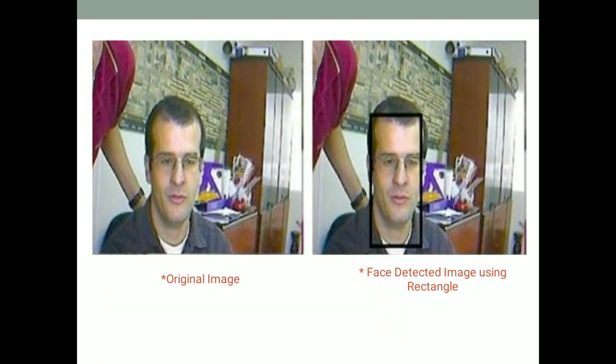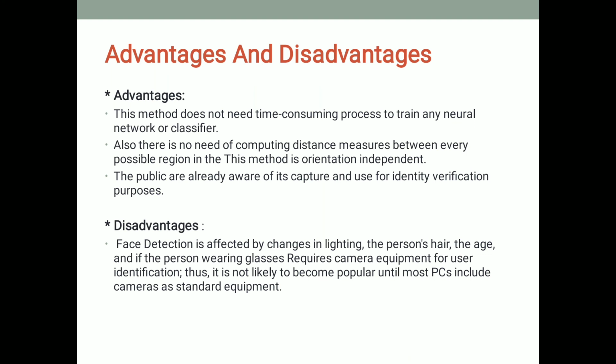So in this we are taking the rectangular base image using face detection. Here we are taking one original image, and from that rectangular part the image is captured.